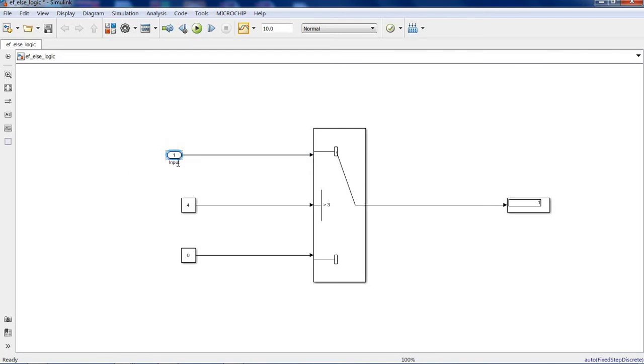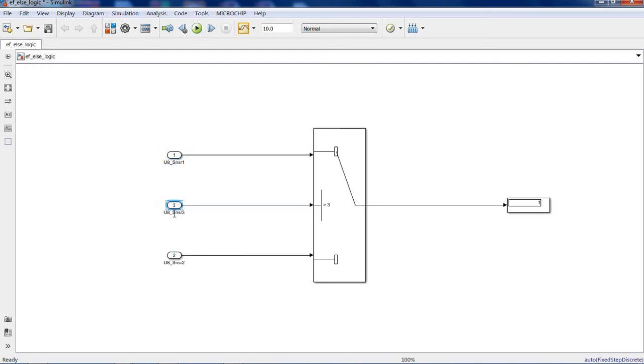I will give this input the name sensor 1. I will remove this also and connect this to here. This will be my sensor 2, and instead of this I will take another input.